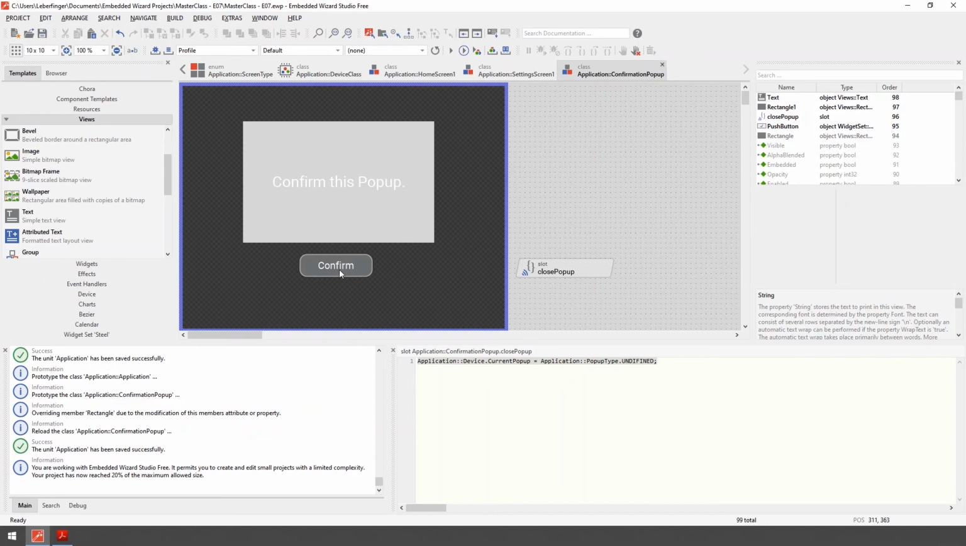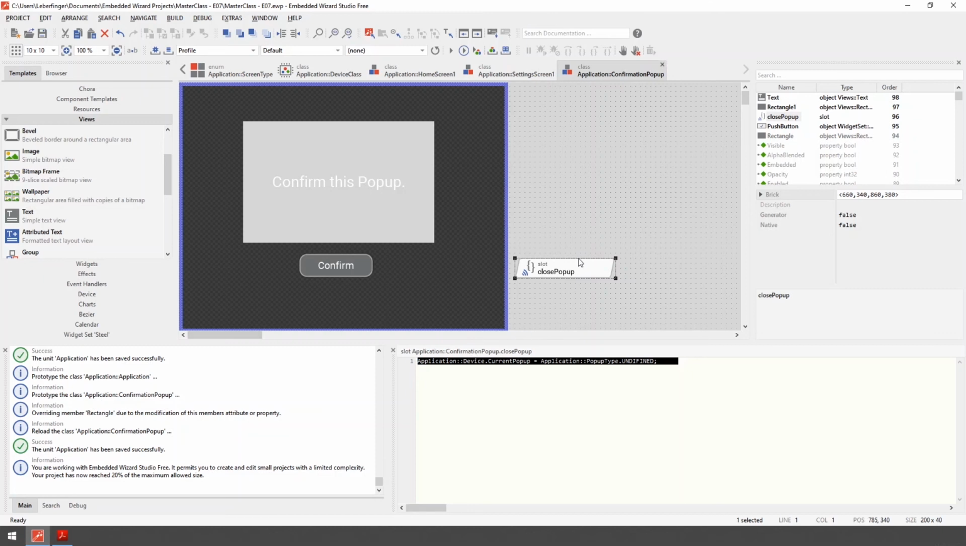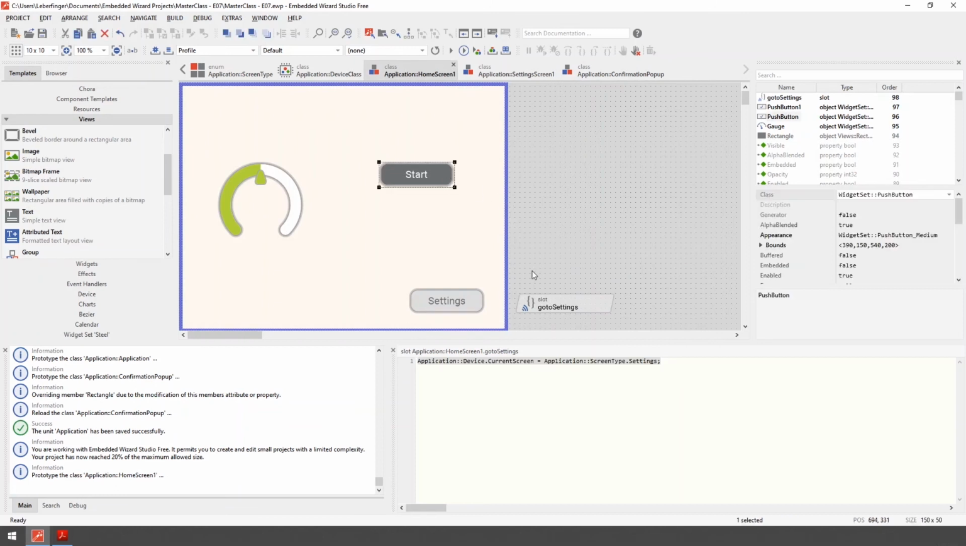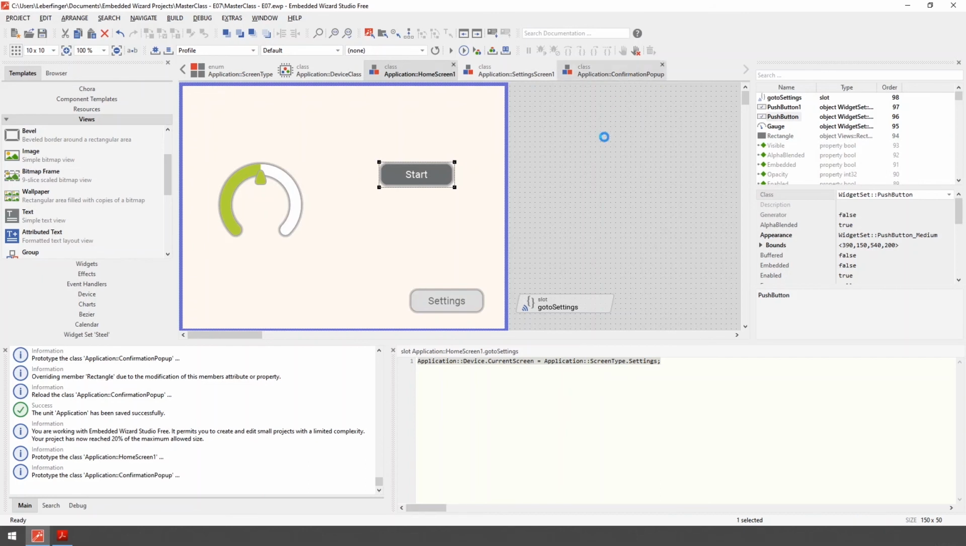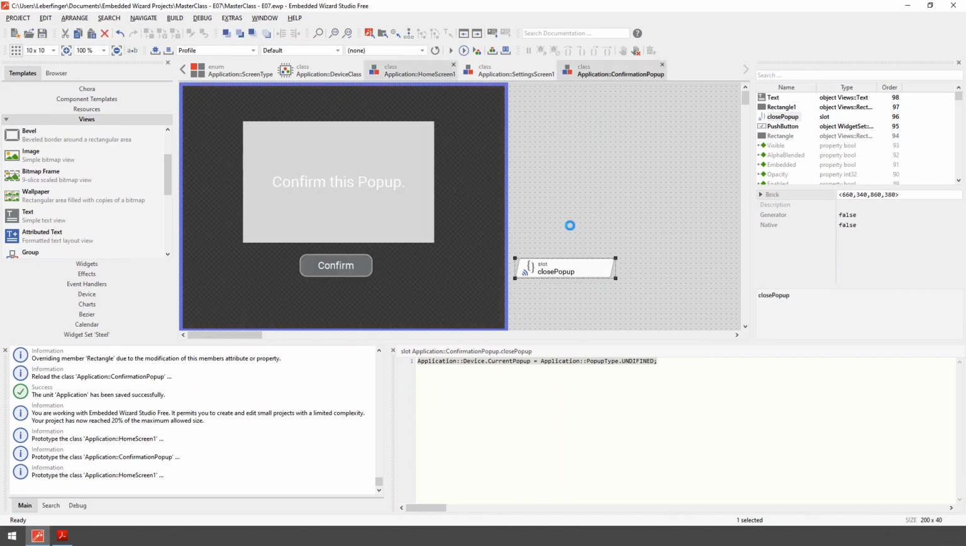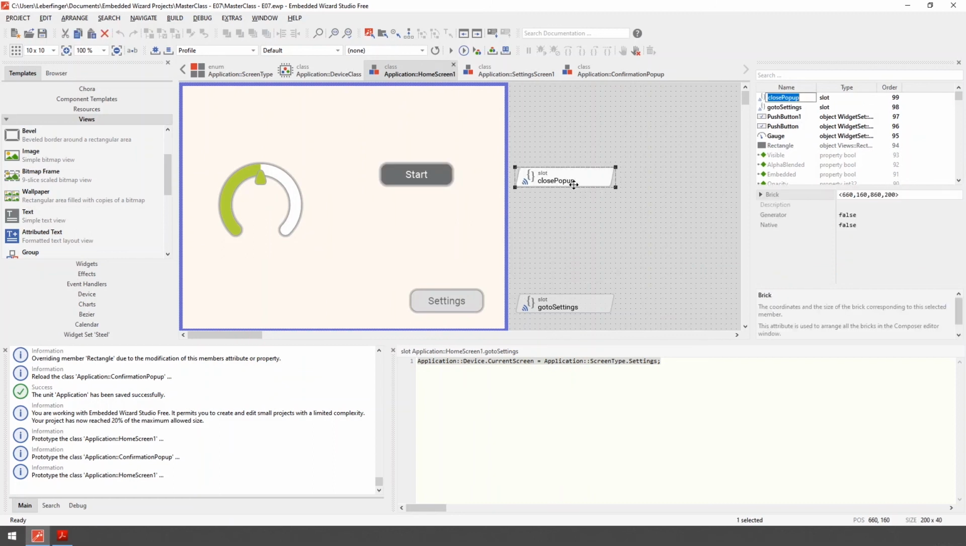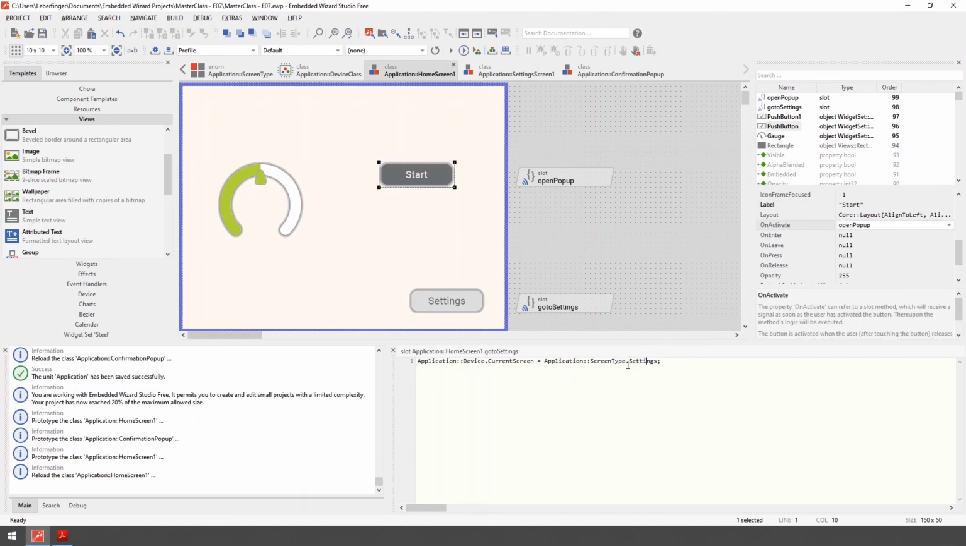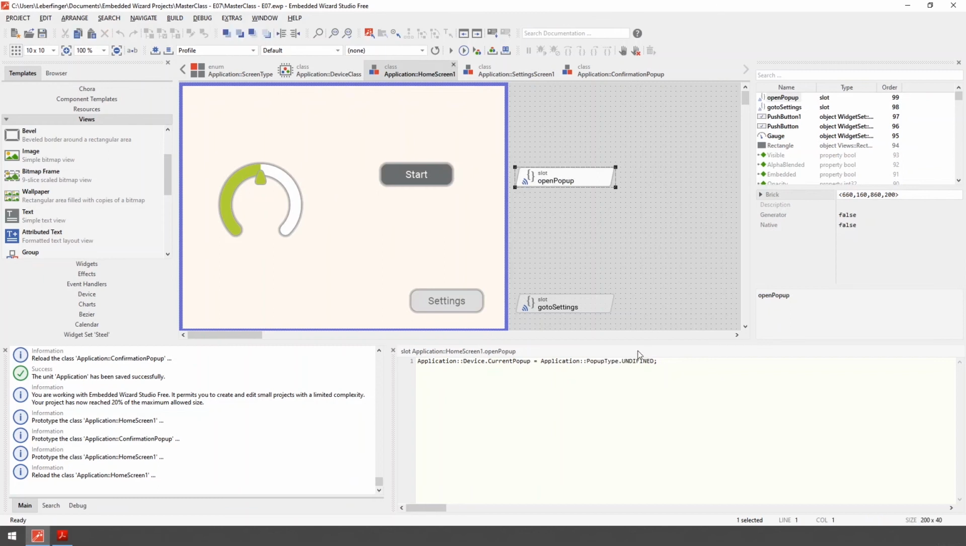Now when the user presses confirm, the close pop-up slot is called. It just says that my device current pop-up becomes undefined, and I want to copy it and also show you how to bring a pop-up. To realize this, I go into my home screen, and let's say within the start I want to show you this part. I copy my close pop-up, put it in here, and just say that's an open pop-up slot. It will be called with the start in the on activate, and says that on open it's pop-up type